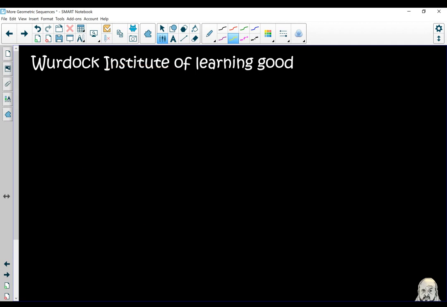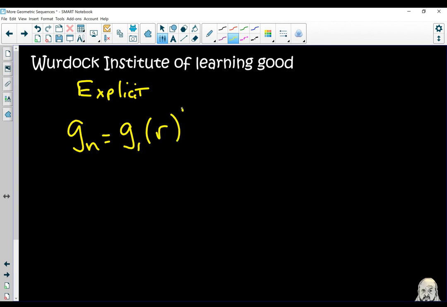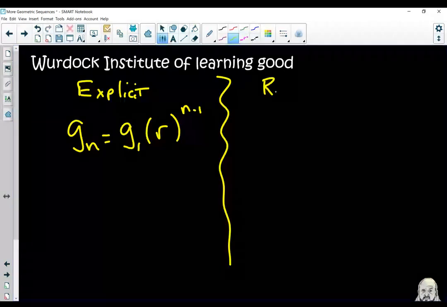So the generic way you would write the explicit formula is G sub n equals your first term times your constant ratio to the power of n minus 1. If your first term is 100, there's a 100 here. If your constant ratio is 8, there's an 8 here. As opposed to the recursive method,